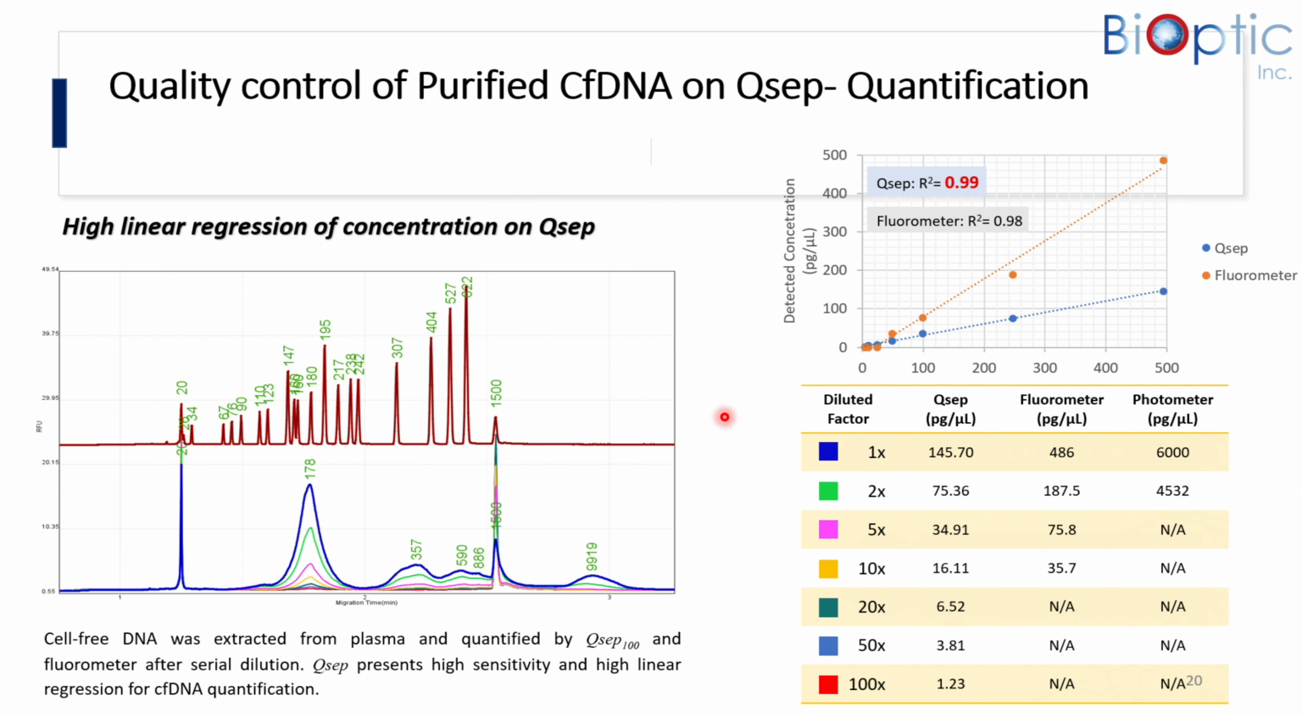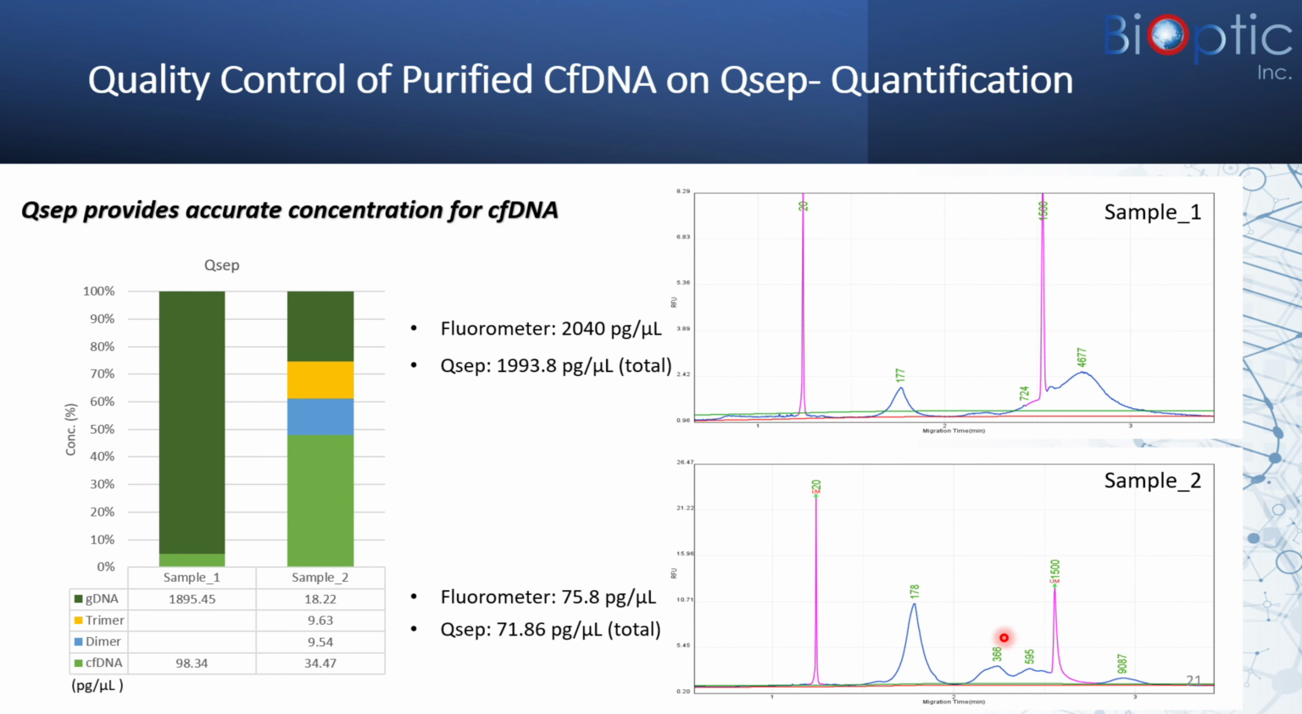Here is an example. The cell-free DNA was extracted from plasma, but it contained genomic DNA contamination. We serially diluted the cell-free DNA and detected the samples by fluorometer and the QSep at the same time. According to the results, the QSep presents high sensitivity and high linear regression for the cfDNA quantification. QSep can not only provide the size and the purity, but also accurate cell-free DNA concentration without other contamination interference